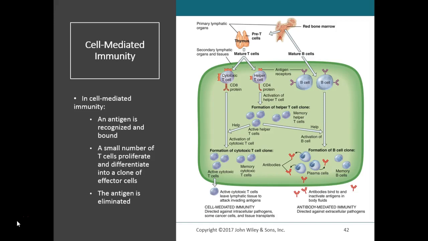A cell-mediated immune response begins with the activation of a small number of T cells by a specific antigen. Once a T cell has been activated, it undergoes clonal selection. Remember, clonal selection is the process where lymphocytes proliferate or divide several times and then differentiate, become more specialized cells. And they do that in response to a specific antigen. The result of clonal selection is that we have formed a clone of cells that can recognize the same antigen